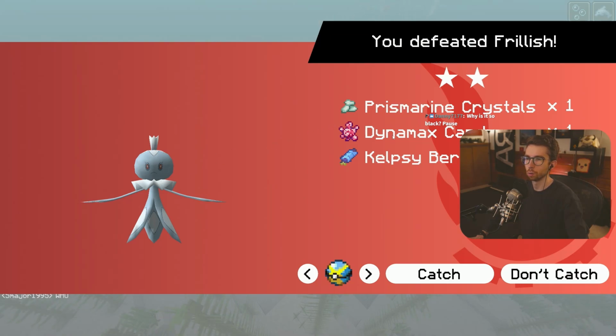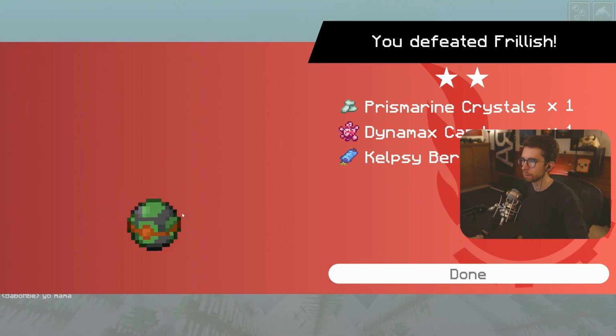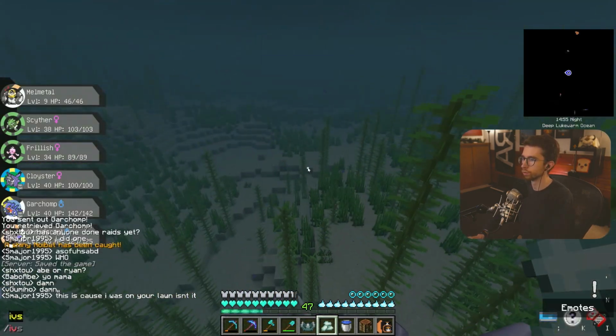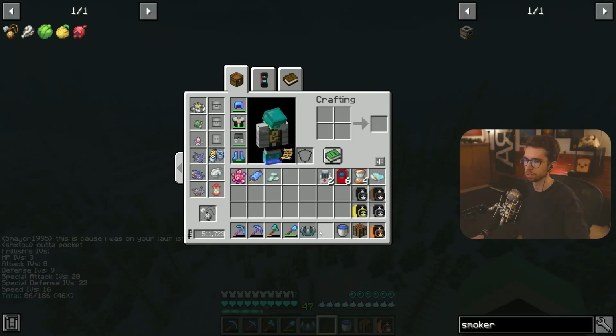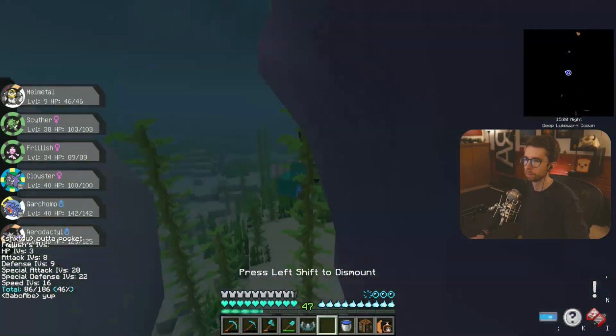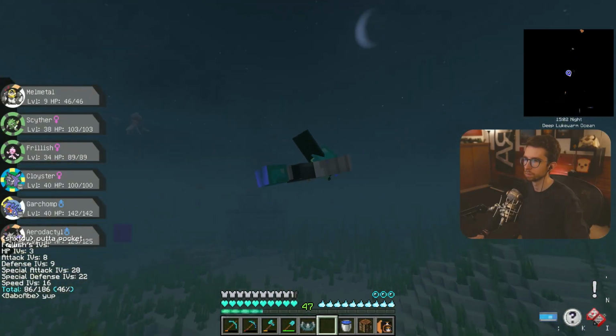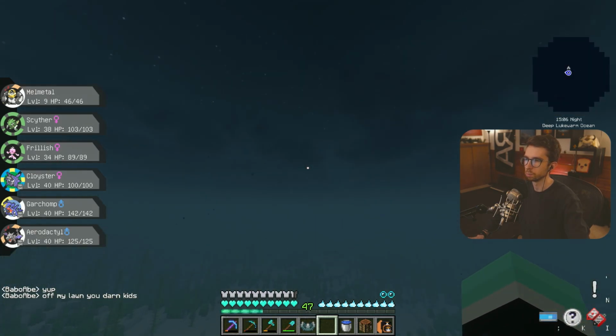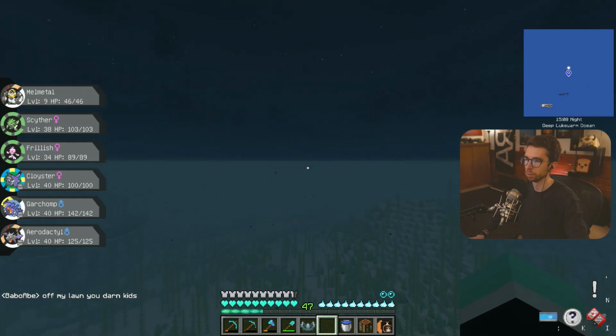1 Prismarine Crystal, 1 Dynamax Candy, and 1 Kelsey Berry. Nice. Let's do a Dust Ball. Oh, let's go. I got a level 34 Frillish with 46% IVs. Is that a Frillish in front of me as well, too? Nice. I wasn't sure if that was the one from the raid or not, but...